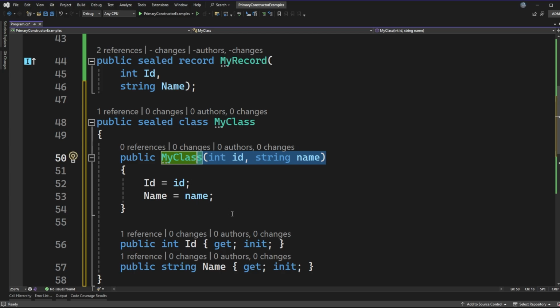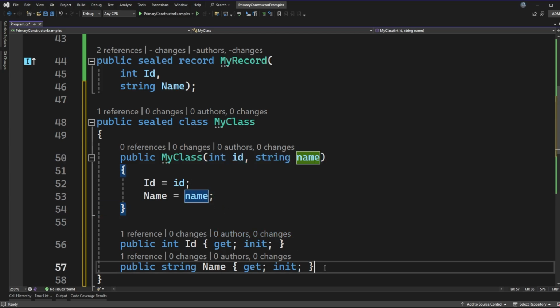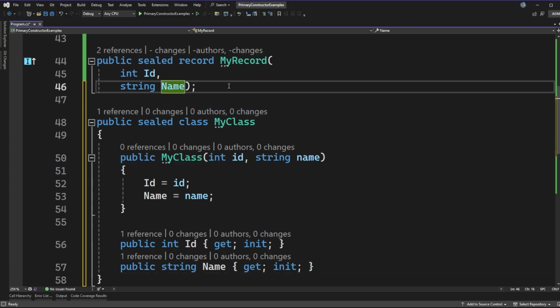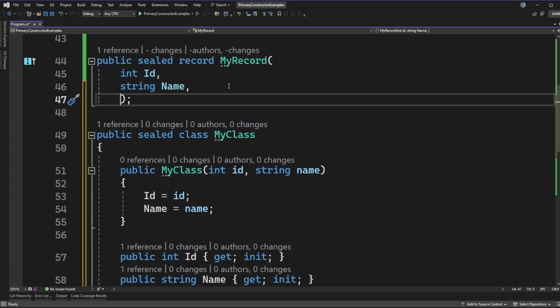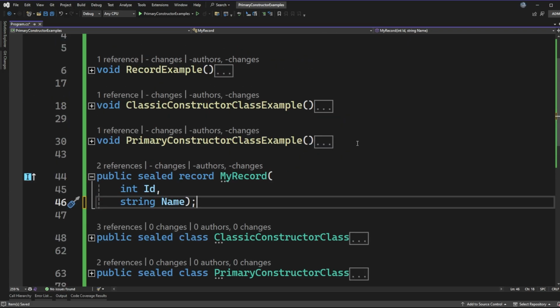One here on line 50, we'd have to go add another line between line 53 and 54, and then add a new line after line 57. 3 different spots to be able to go add a property. And now all that we have to do is go add something onto the end of the record parameters that we're passing in to the primary constructor. So now that you can see what a primary constructor looks like on a record, let's look at some code